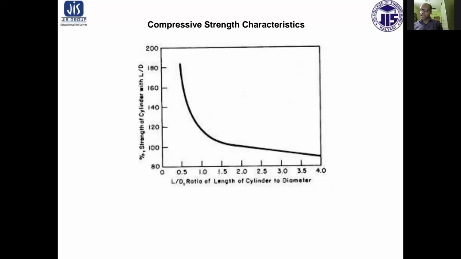Since the length of the specimen is kept short enough to avoid buckling, it is difficult to obtain strain measurement accurately. And number 6, for a constant length to diameter ratio, length can be increased with a proportionate increase in diameter. However, for testing large diameter specimens, high capacity testing machines are required.